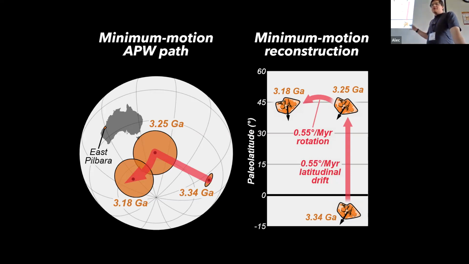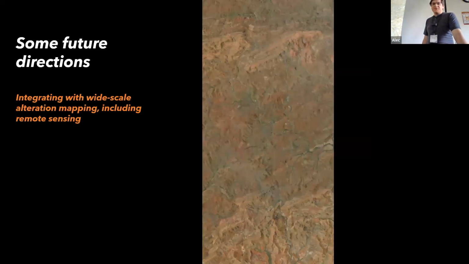And so it would appear that something like plate motion was probably occurring on Earth by 3.3, 3.2 billion years ago based on this. So this is, of course, ongoing work, and there are so many cool directions we want to take this. So for instance, it's one thing to be able to collect some samples and analyze all of these things after the fact, after the sampling. But what if we can use other data sets to maybe target this, look for this alteration beforehand and target